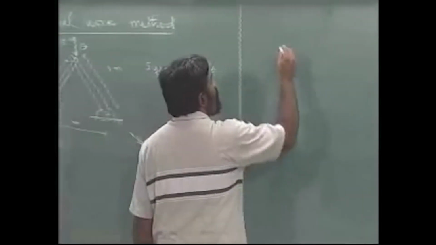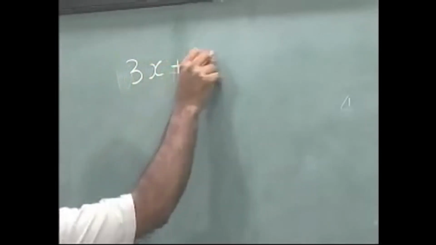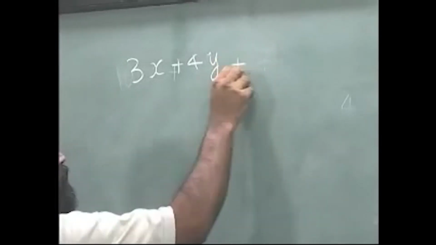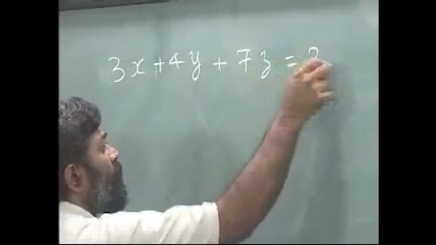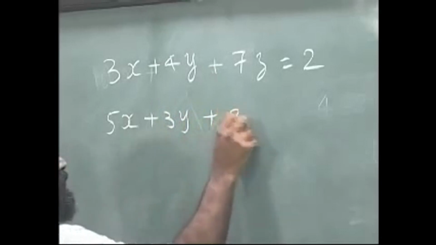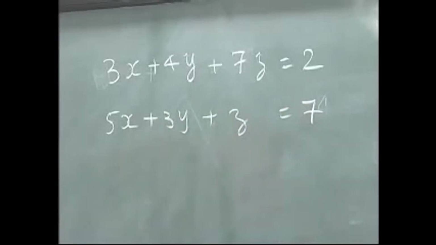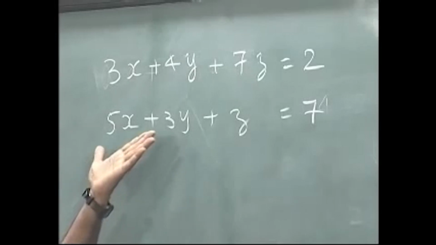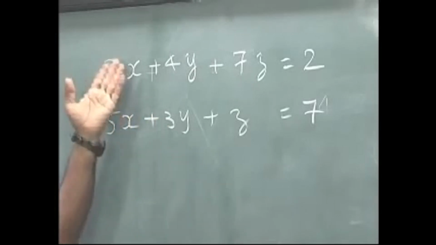Let us say I have an equation, let me just give numbers, 3x plus 4y plus 7z equal to 2, and 5x plus 3y plus z equals 7. Let us say I have these two sets of equations. Let us say unknowns are x, y and z. If I ask you the question, how many degrees of freedom this set of equations have,